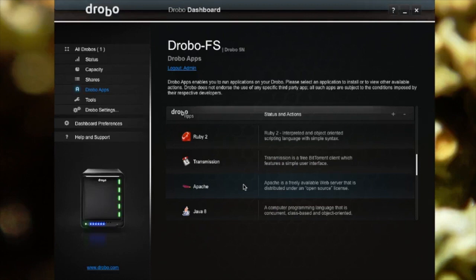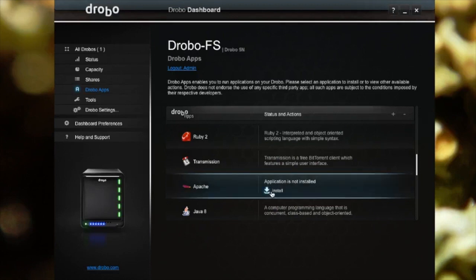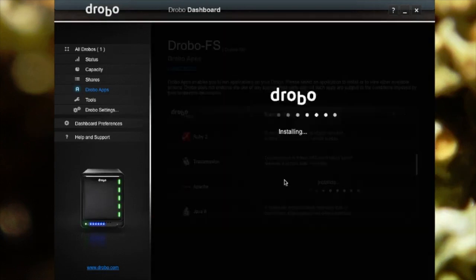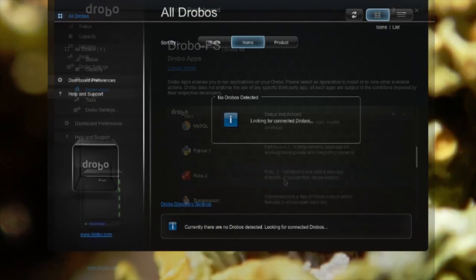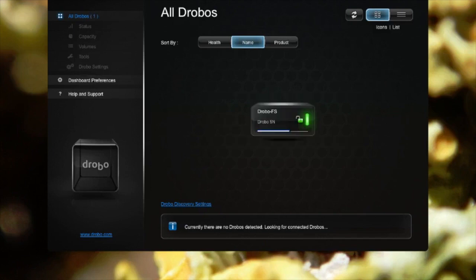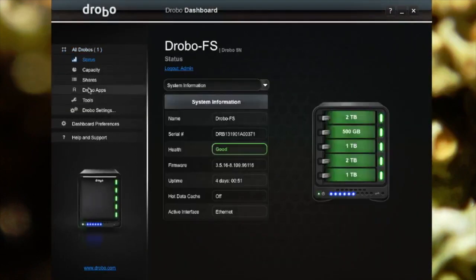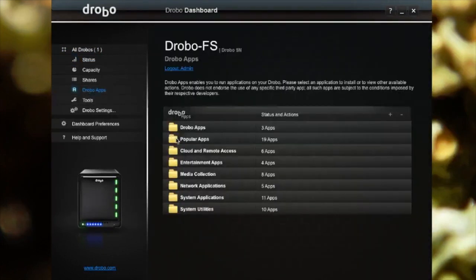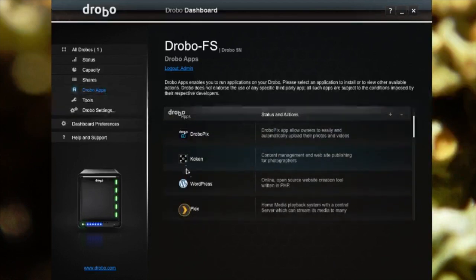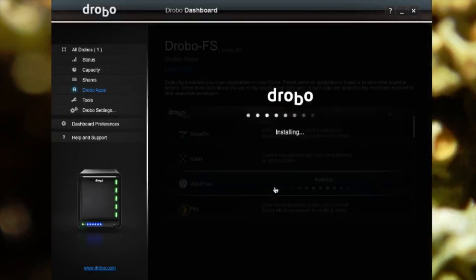And I have my live data on here too. So you can see I'm trying to install these things. I'm getting an error. It turns out it was because I guess the Drobo needed a reboot or something. So I went ahead, restarted it, or connected again, basically. Didn't restart it. And now I was able to do it. So what I did first off is I just tried to install WordPress. And to my surprise, letting the cat out of the bag, it actually installs everything you need very basically for